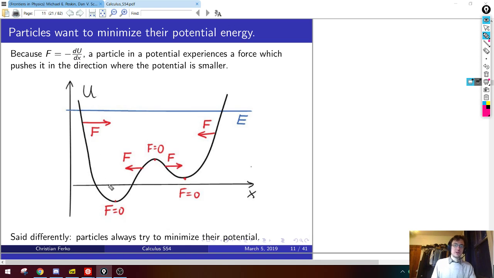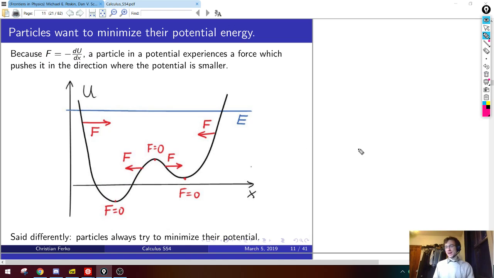The question of why do particles move towards a minimum of a potential, it's not some deep philosophical thing. It's literally the definition of potential. They feel a force pointing opposite the direction of the slope. So if the slope is negative, it goes towards positive, and if the slope is positive, it goes towards negative. And that's why it moves to a minimum, right? Because the minimum is the place where the slope is 0. This is called a stable equilibrium, as opposed to an unstable equilibrium over here, because if you're sitting at the top of this hill and you get kicked a little bit, you're going to fall away, so it's unstable.